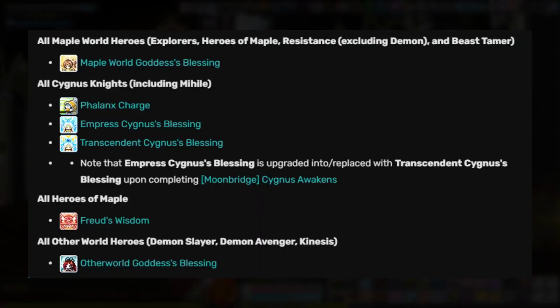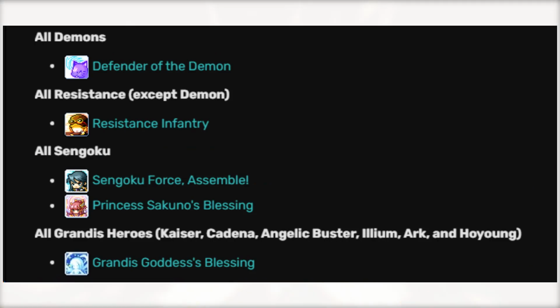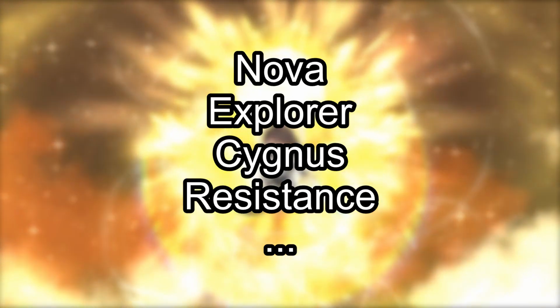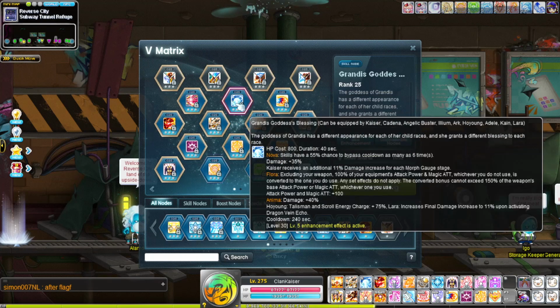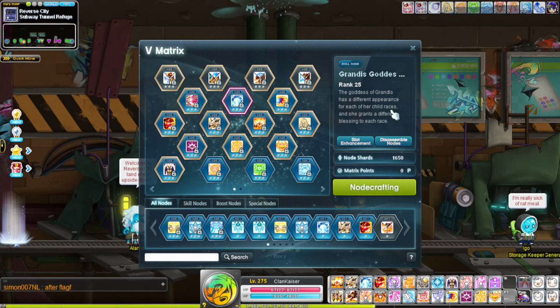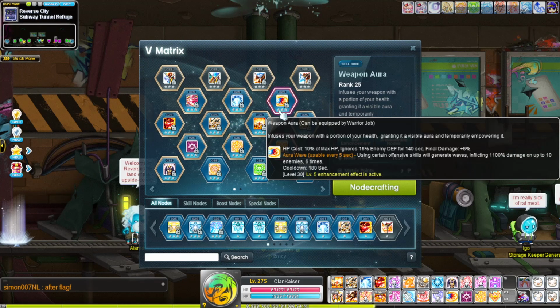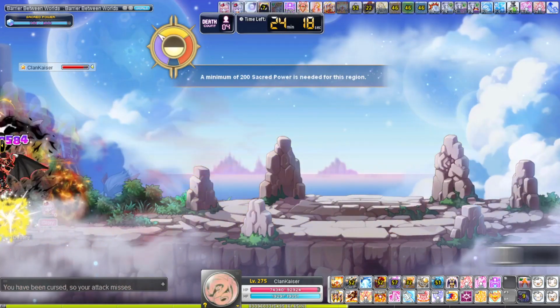Then you have your race and branch skills, which can arguably be less important than your decents for training. Examples of race include Nova, Explore, Cygnus, and Resistance. Nova, Flora, and Anima all share a skill called Grandis Goddess's Blessing. The branches include Warrior, Thief, Magician, Pirate, and Bowman. All warriors have Impenetrable Skin and Weapon Aura. Race and branch skills are usually better in bossing than training and tend to boost damage and support